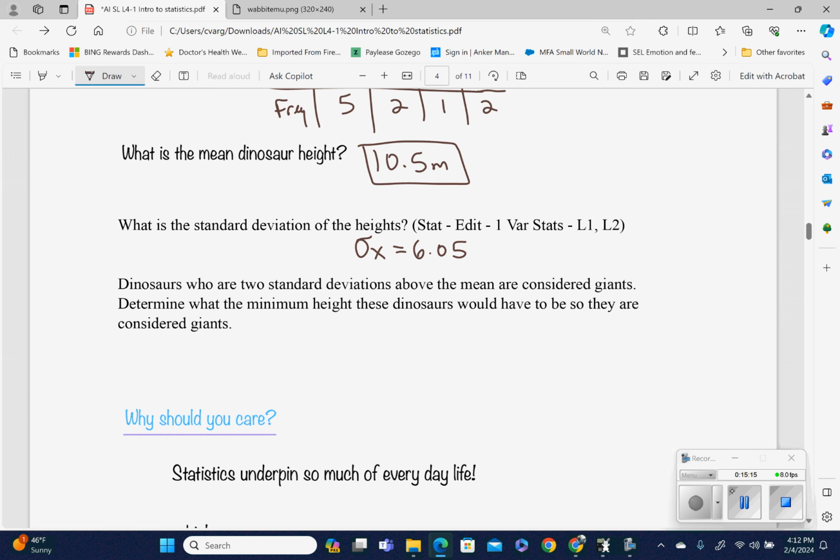And we're going to go ahead and figure out dinosaurs who are 2 standard deviations above the mean are considered giants. Determine what